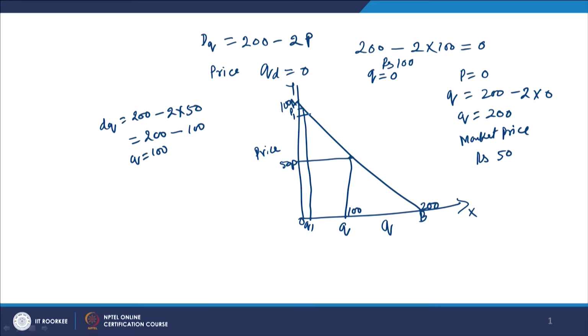If price reduces, Q2, P2, then Q3, etc. So, obviously, now you can see that if consumer is buying 100 units at market price rupees